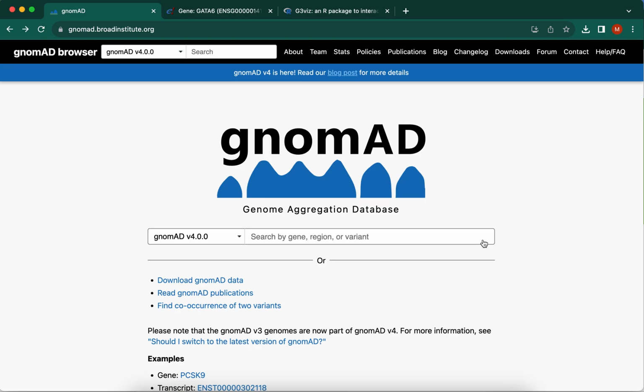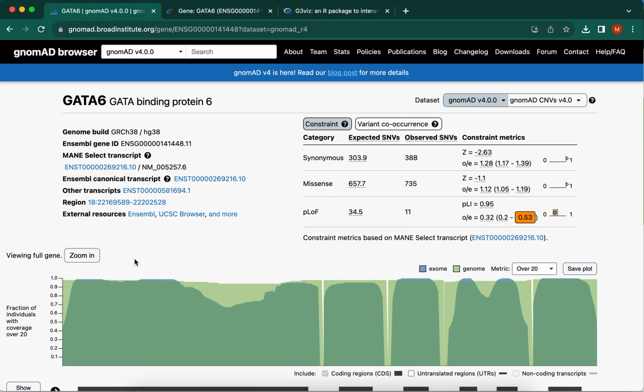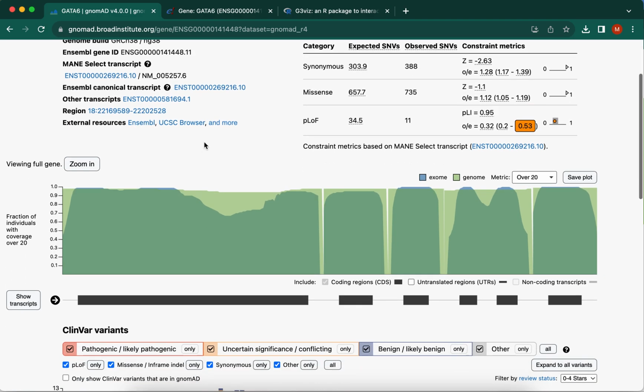gnomAD is the Genome Aggregation Database, a collection of research articles and related content from genomes, and it is used to help describe the analysis of human genetic variations. The gene we're going to study in this tutorial is GATA6. You just search it in the browser's homepage, and it brings you to the page about